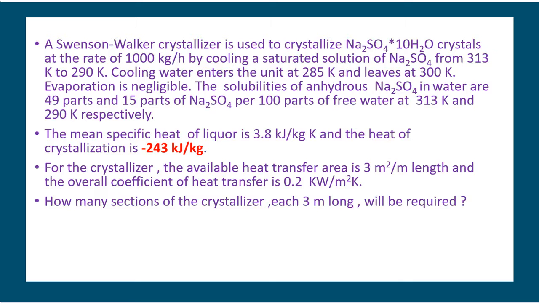So this is our question. Let us proceed to solve the problem. F is given or C is given. Crystals are to be formed at a rate of 1000 kg per hour. That's why people make mistake here. We should not think that 1000 kg per hour given means it is the basis feed. Here crystal formation is 1000 kg per hour. So accordingly we have to write the data.